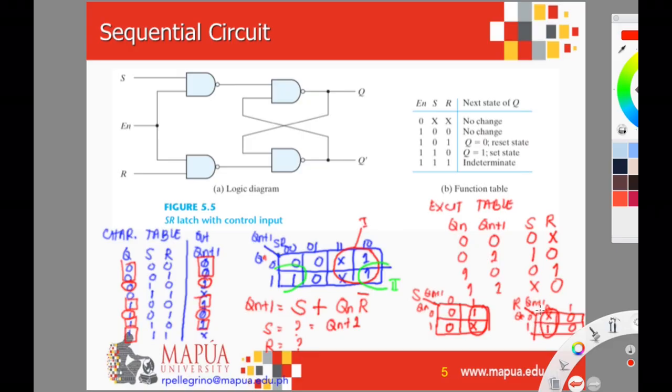Consistent is, so this is eliminated, Qs is eliminated, therefore we have Qn plus 1 complement, which is true, right? That is the complement. Okay, so now